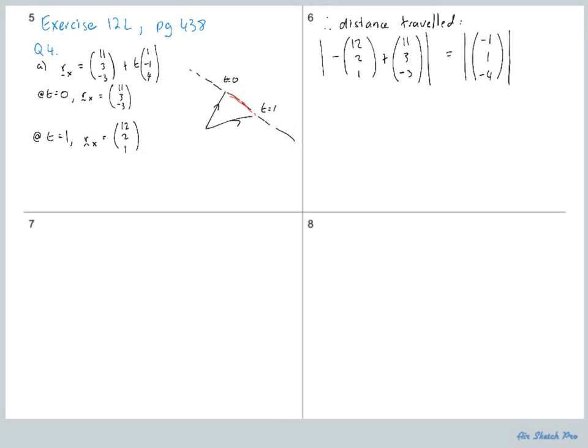There we go. So our resultant vector is negative 1, 1, negative 4. And that is equal to negative 1 squared. Notice I'm putting brackets around my negatives, plus 1 squared plus negative 4 squared, and the whole thing is square rooted. And that's equal to the square root of 18. And we'll rationalise that to 3 root 2, because 18 is 9 times 2, and the square root of 9 is 3. So, i.e.,